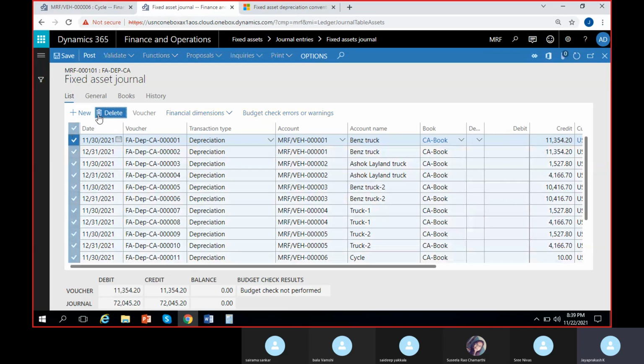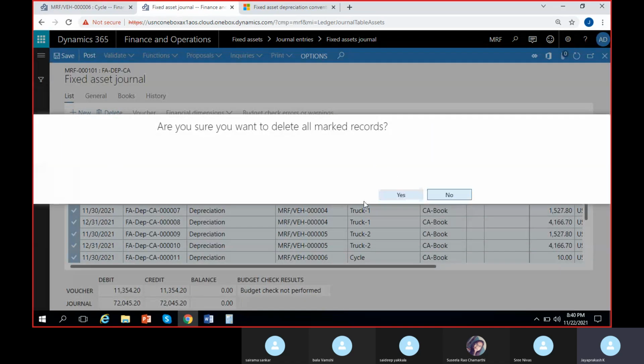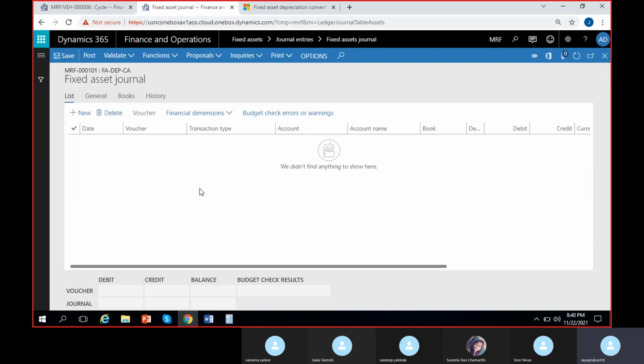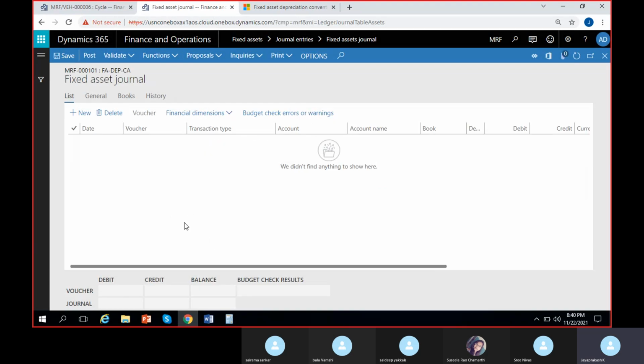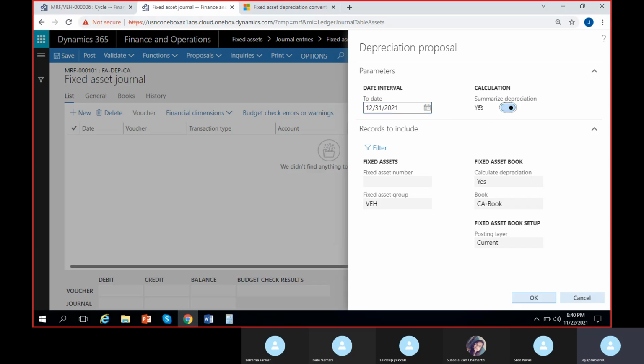I'll just remove all these lines here. I'm not posting them. If you post them again, it won't bring depreciation. Once you delete it, if you go to the proposal once again, go for depreciation proposal. This time I will enable this parameter, summarize depreciation. It means whatever is pending for the months, all has to be brought into this particular date only. So now if I click on OK,